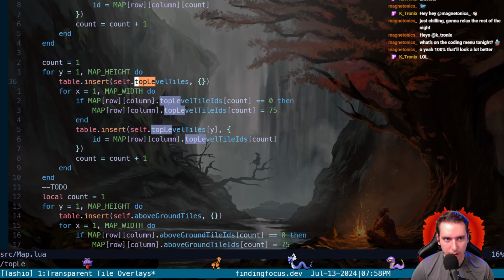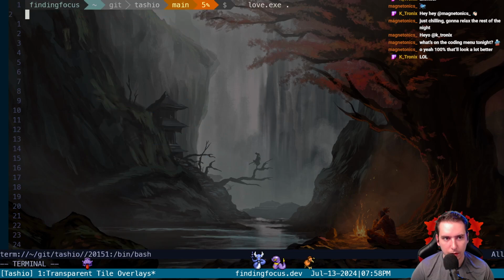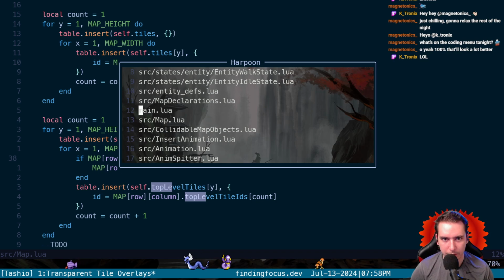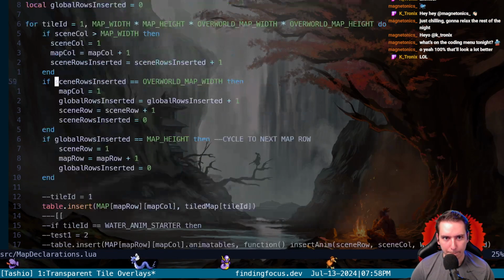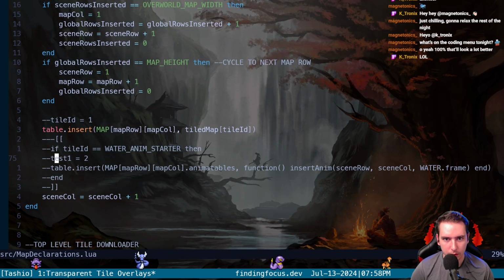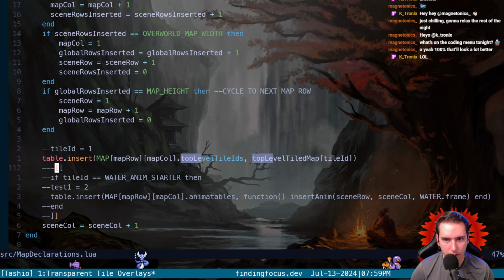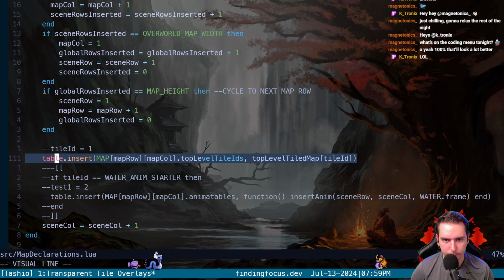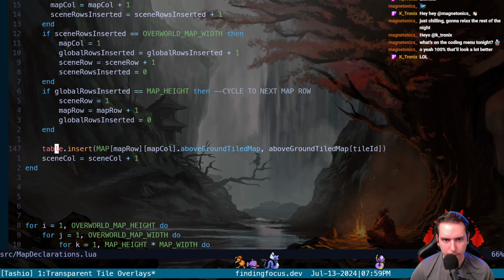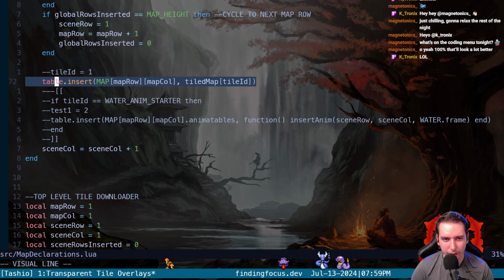Now this is inserting on a global count, not a local count. I don't think that will work. It's just a bad idea to have above ground tile IDs a nil value. So our data downloader's got to be jacked. We should be inserting tiled map tile ID. This looks wrong. Why is it that our tile ID... Oh, see, this is weird. Our ground level